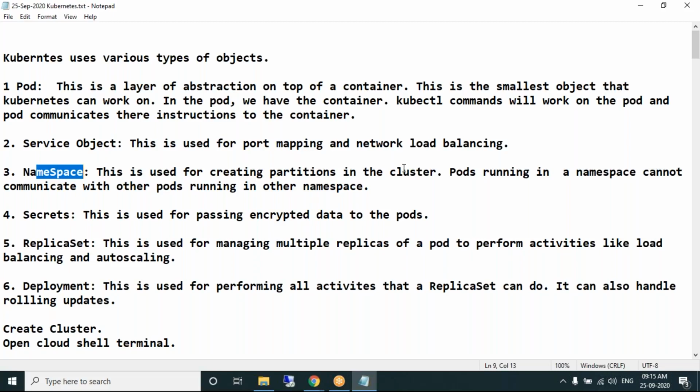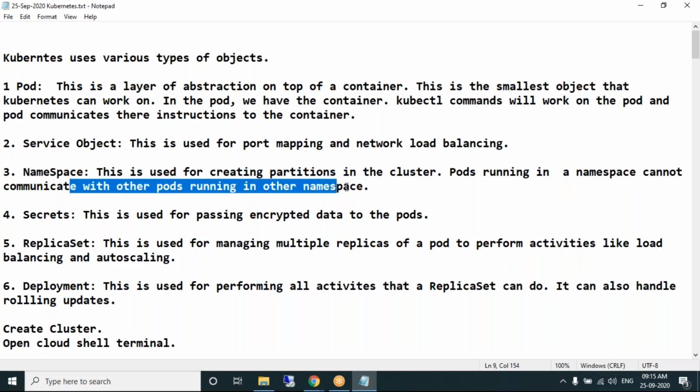By default, all the pods run in one partition that's called the default namespace. But if you want, you can create one more partition inside a cluster, and a partition is called a namespace. You can have multiple partitions, assuming partition 1, partition 2, which is nothing but namespace 1 and namespace 2. You can create 2-3 pods in namespace 1 and 2 pods in namespace 2. Pods running in a particular namespace cannot communicate with pods running in a different namespace. Namespace is a partition, so pods of one namespace cannot communicate with pods of the other namespace. If you want this kind of communication to be broken, in that case, we'll be creating a namespace. We'll see practicals again.